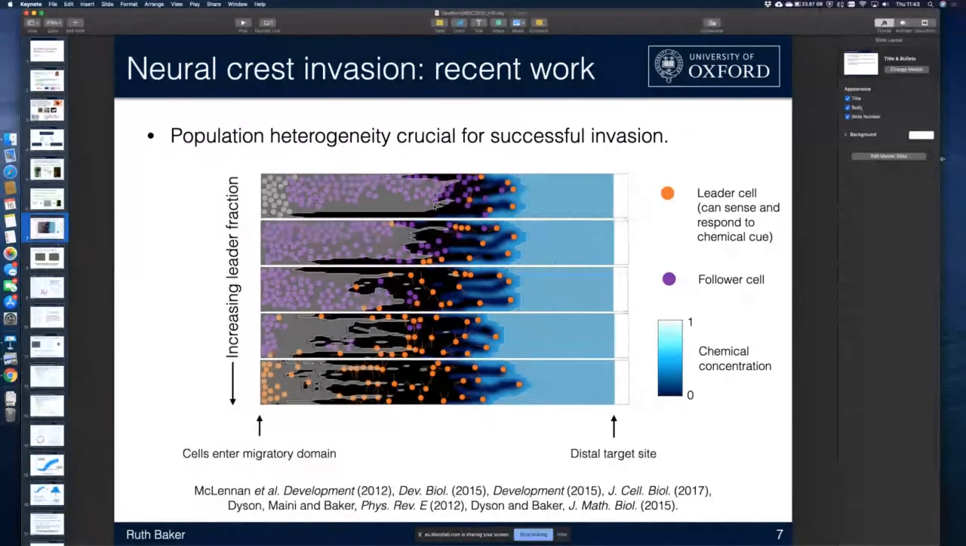heterogeneity, here defined in terms of the ability of cells to sense and respond to this chemical gradient, was essential for successful invasion. So here, the leader cells in orange are ones that can sense and respond to the gradient, essentially get some positional information and some guidance cues, and the purple ones can't, they just follow. Another model prediction was that the invasion is more efficient, more successful with fewer leaders, and that you want them to be situated right at the front of this invading stream, and that was something that was subsequently verified